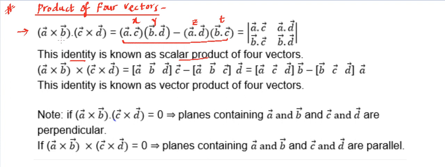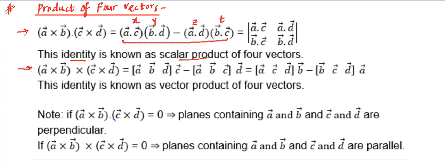Now what the benefit of this identity is going to be, I think that's obvious, because doing the cross, then doing the dot is going to be difficult, and doing the dot is quite easier. So first we will be doing the dot of AC, then BD, then AD, then BC, and then these numbers come out, and we can manipulate these numbers in this manner to get our answer.